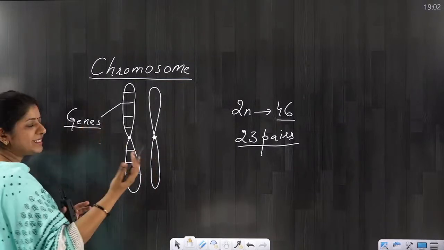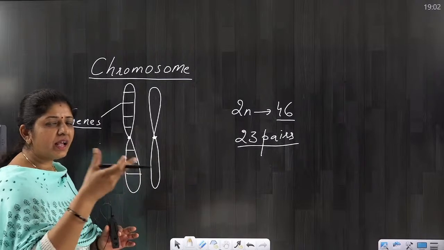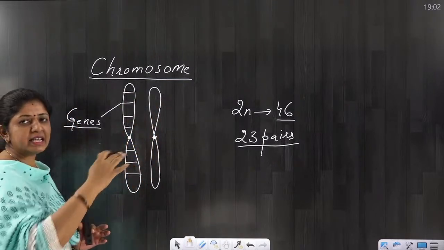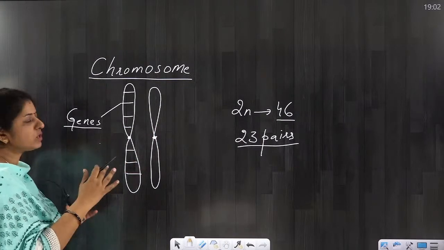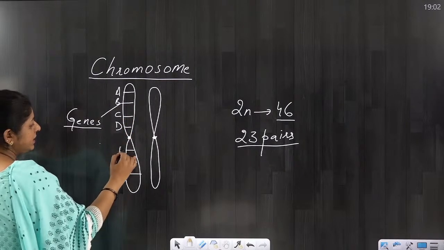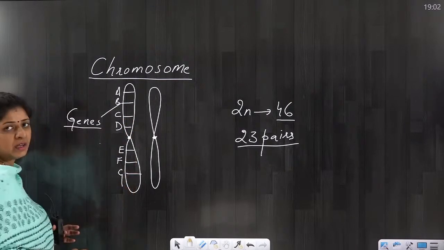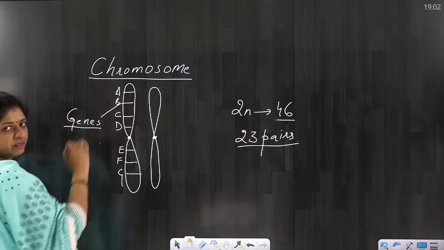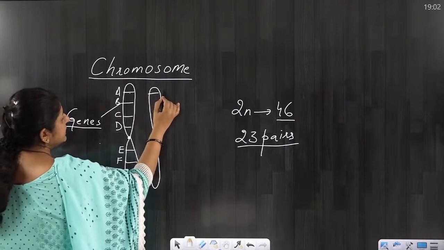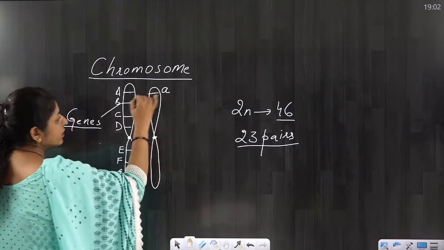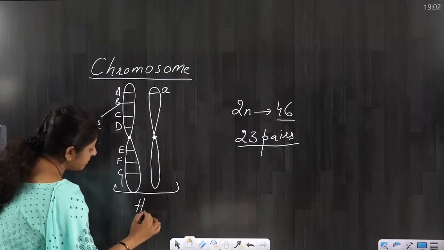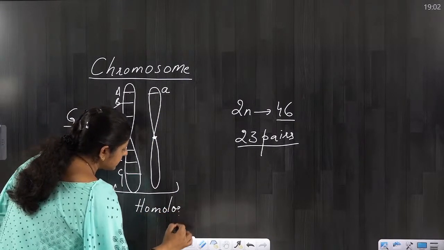The rest is another story, that during the S phase they make the two chromatids on the same chromosome, that is a separate story. But right now I am focusing on genes, suppose I am taking A, B, C, D, E, F and G. Suppose this is for height. On the same position on its homologous chromosome, they will have an allele or a gene for height. Can I say this pair you call as which type of chromosome? Homologous chromosome,